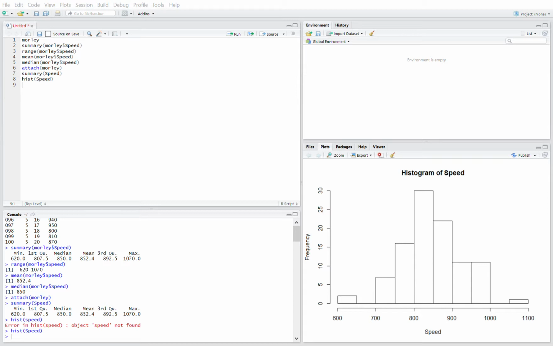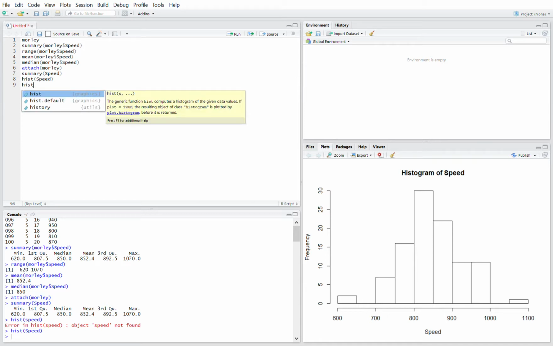Now, getting a side-by-side histogram is difficult in R. Well, it's not difficult. Nothing's really difficult. You just have to know how to do it. There are a couple of ways to do it. I'm going to show you the easiest way. There are probably about 10 or a dozen different ways to do it in R. But the thing you do want to do is get histograms that are comparable, and the thing you have to watch out for is